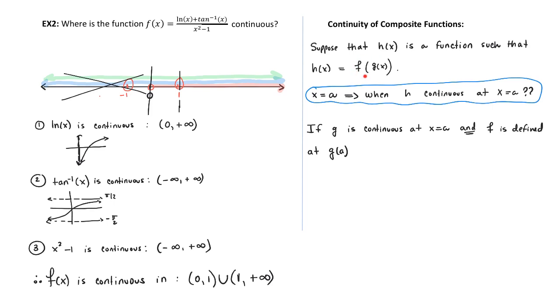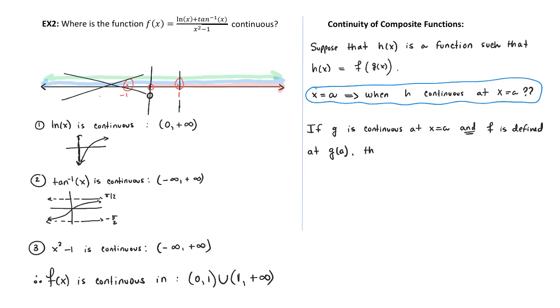Remember, as a composite function, the inner function is the function that is going to act first on a value of x. g is acting on a. We want g to be continuous there. But to be continuous, that means that we're going to have g of a inside. We want f to be defined at g of a so that we can continue the composite process. So if g is continuous at a and f is happy with g of a,